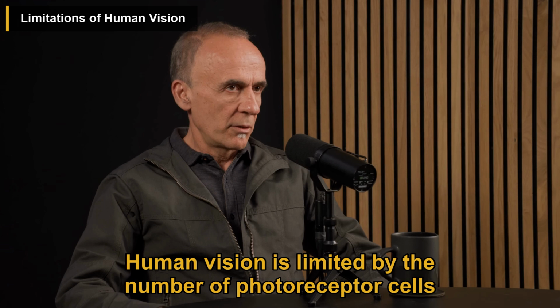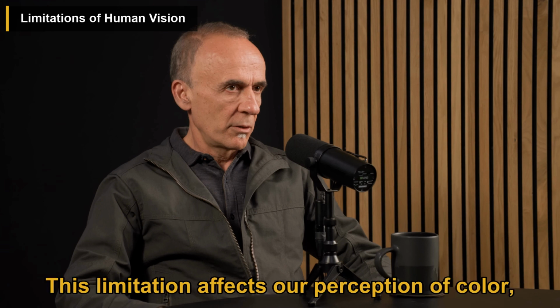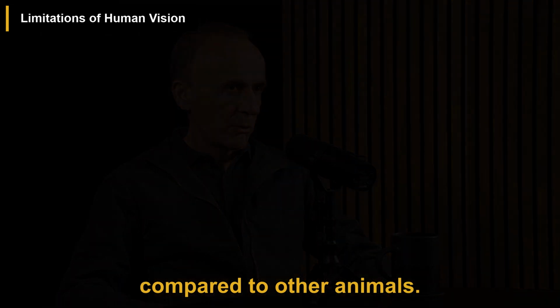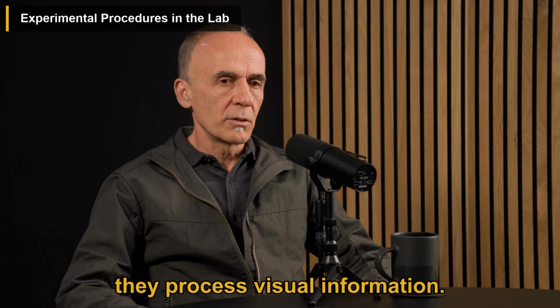Human vision is limited by the number of photoreceptor cell types in the retina, which only provide 3 snapshots of wavelength information. This limitation affects our perception of color, as we have a relatively narrow range of color sensitivity compared to other animals. Dr. Chichilnisky's lab conducts experiments on retinal ganglion cells to study their electrical activity and how they process